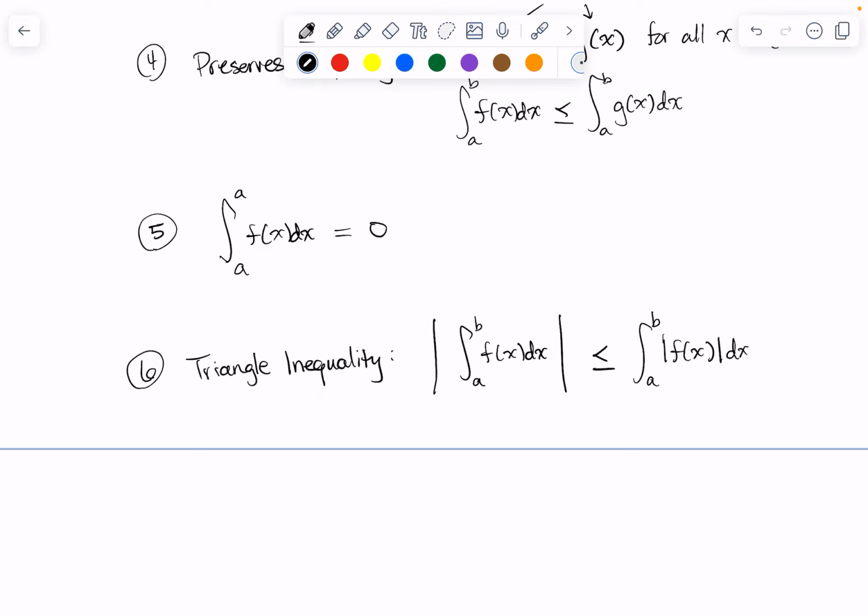This one is a little bit harder to prove to yourself, but again, if you draw the graph of just some general function, let's suppose that f looks sort of like this, right? So it's got some parts that are below the x-axis and above the x-axis. So this is f of x. What would the graph of the absolute value of f look like? Well, it's actually going to look very similar